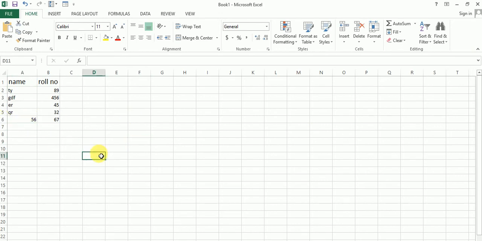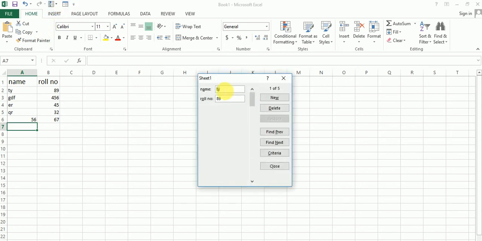I will repeat again. Once you enter a value or add a new record, just select the cell and click on the Form. The name is in this column, the roll number is in this column. After you enter your name and roll number, please press the New button.